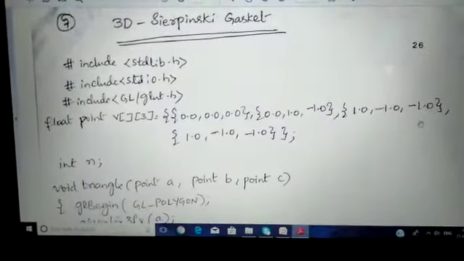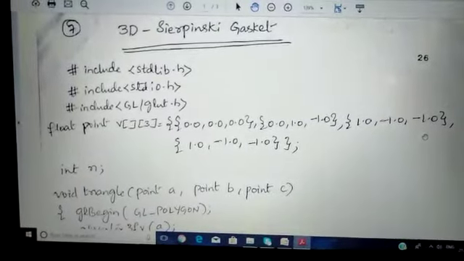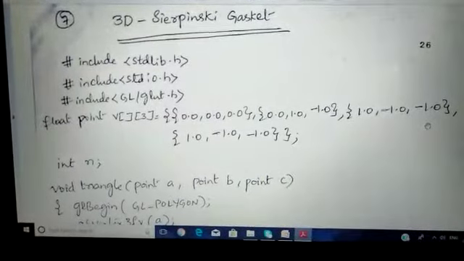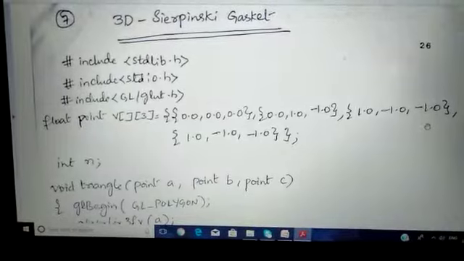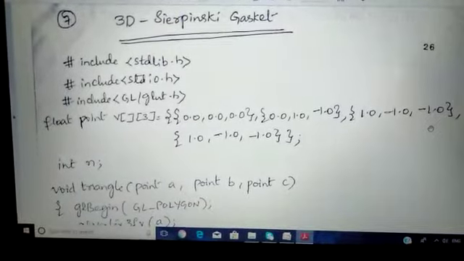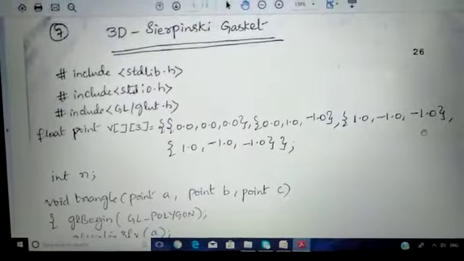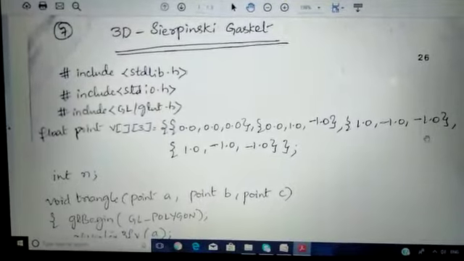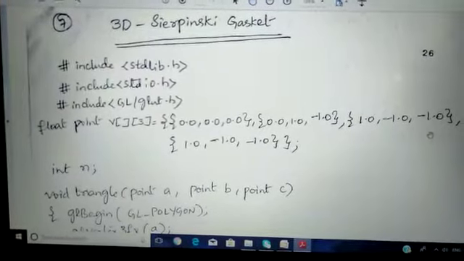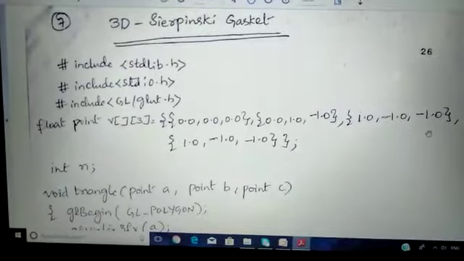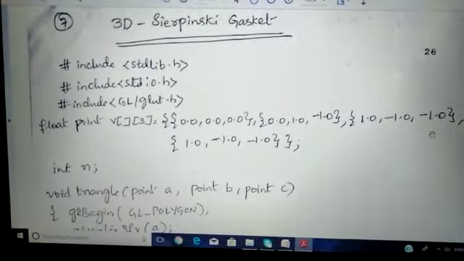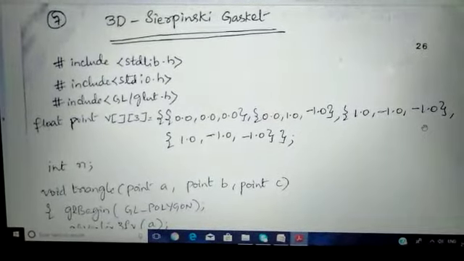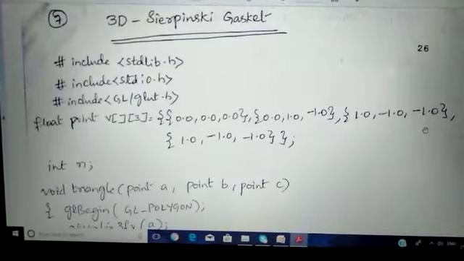The algorithm goes like this. Step 1 is the beginning. Step 2, we start with a tetrahedron since we are dealing with a 3D object. Step 3, inside this we take the edges randomly and calculate their midpoints. The next step is, from each original vertex we construct a new tetrahedron consisting of those vertices, and we repeat it recursively in the next stage while m is greater than 0. In the last step, at m equal to 0, we draw all the leaf nodes of the recursive tree.